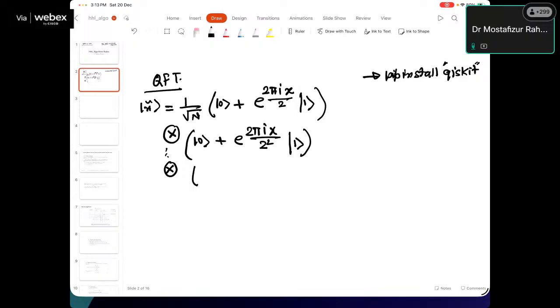And the final expression was ket 0 plus e to the power 2 pi i x by 2 to the power n, ket 1, right? So this equation, because if simply x takes the value 0 or 1 accordingly,